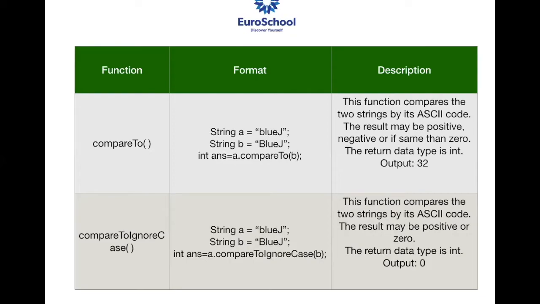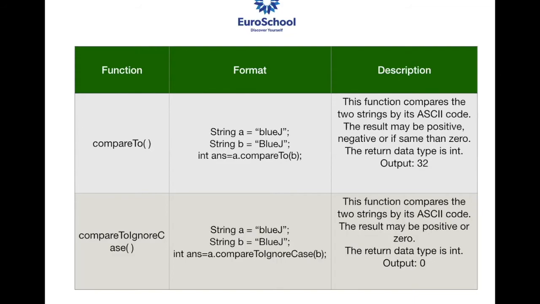Not 98 minus. At the first position, it is going to check with the ASCII value. The result may be either positive or negative when I'm checking with the case part. Up is a positive number, a higher number, and down is a lower number in ASCII value. So it will give me the answer in positive. If the capital B would have been up and the small b down, I would have got the answer in negative. Okay, Zain?